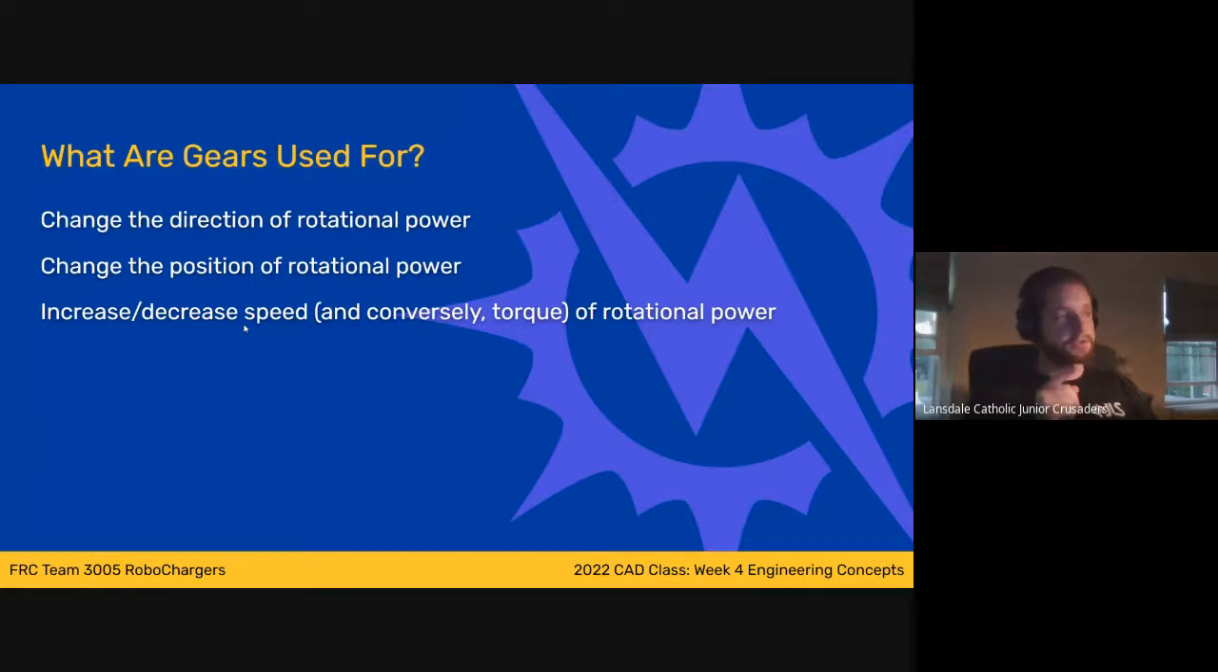So gears specifically are used to change the direction of rotational power. Gears actually swap the direction that things are rotating relative to each other. They're used to change the position of rotational power. So if you're providing power here and you want to output it over here, you use gears for that. And they're also used to increase and decrease the speed, and inversely or conversely the torque. So if you increase the speed, you decrease the torque, and if you decrease the speed, you increase the torque